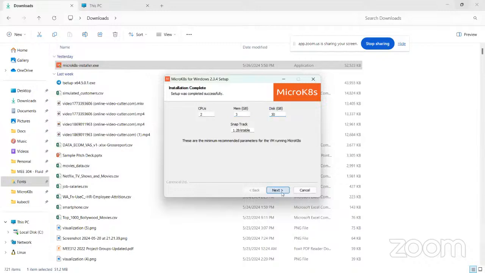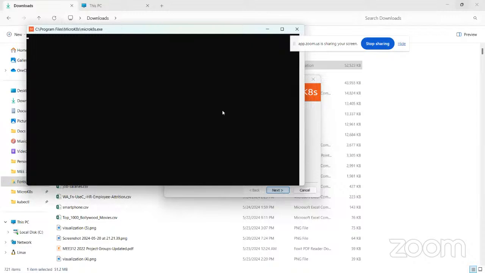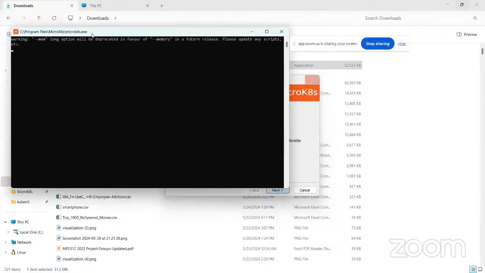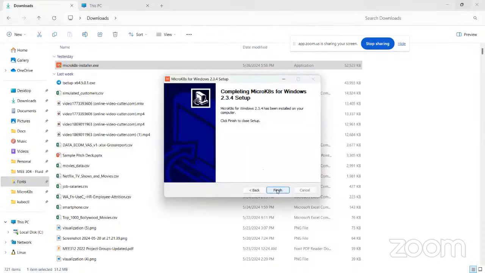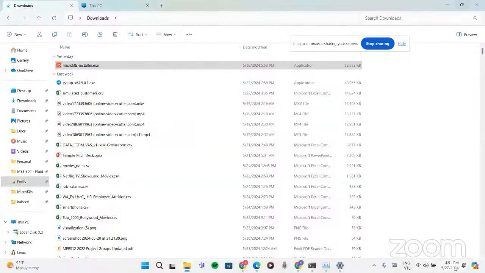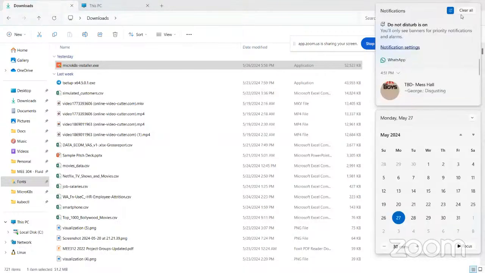The only issue is the resources available after setting up the Kubernetes. Let me see what this will say. Yeah, so it cannot connect to the multi-pass socket. So this is probably because I just uninstalled and I need to restart my system. So it will take a while now for me to restart my system, and then because we have just 9